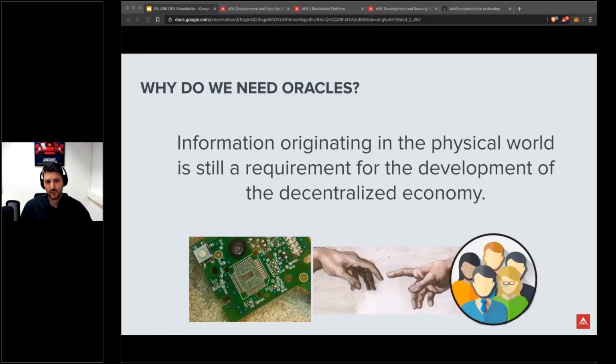Why do we need them? If you think of blockchain development in general, all applications that are running on a public blockchain require some kind of triggers in order to provide a service. This trigger is some kind of action based on some kind of event that happened in the physical world. These triggers could be coming from specific users, like initiating a transaction,